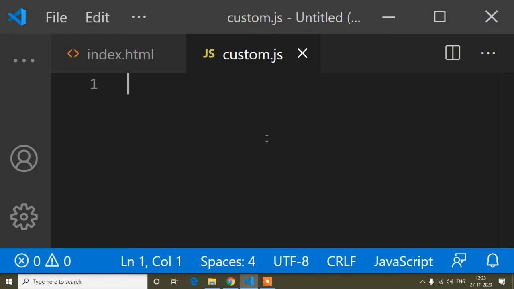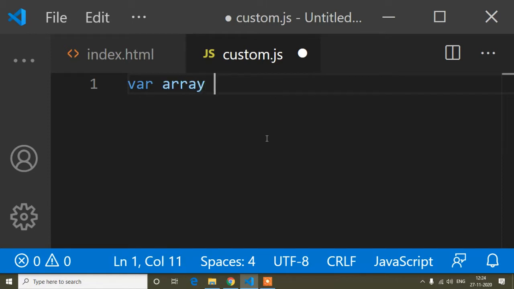Guys, today in this tutorial I will discuss the array splice method. The array splice method removes and adds values in an array. To show a practical example, first of all I will create an array, and inside this array I will put some values like a, b,